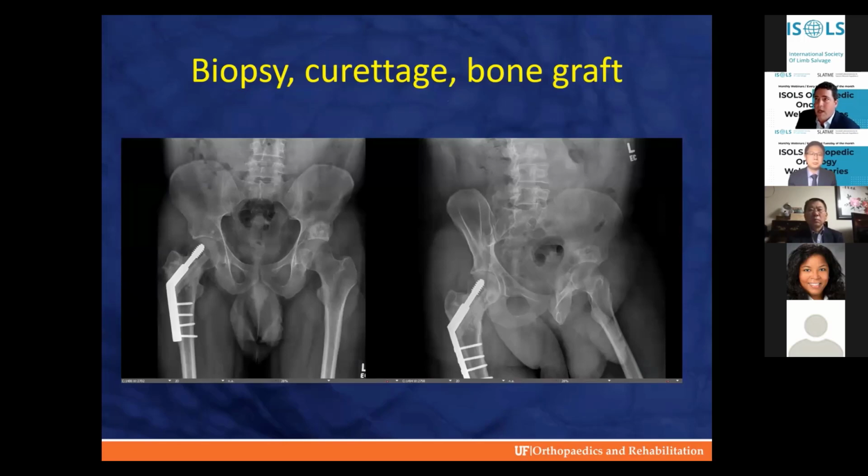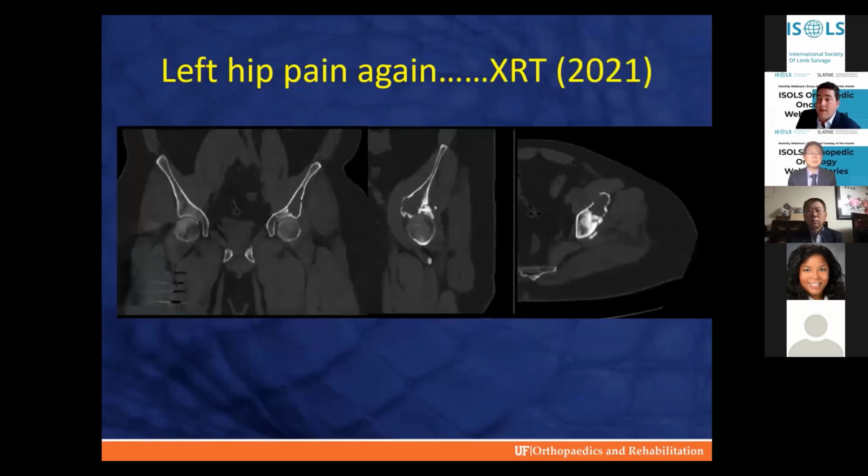He was on denosumab monthly for almost 2 years, and they decided to move him. And I know the dosing is always kind of in question, but the medical oncologist changed him to every 3 months, and that went on for about a year until he started developing left hip pain now. And this is actually back in January. So the treatment for him is going to be radiation, back on monthly denosumab, and to see how he does.